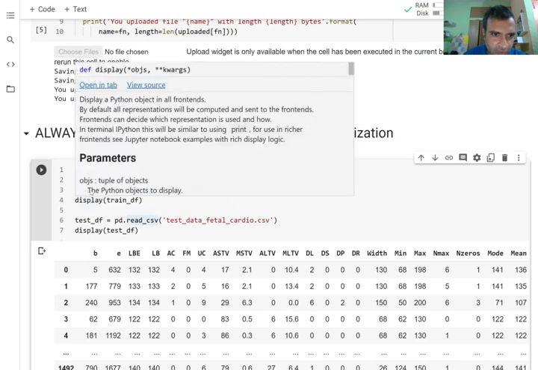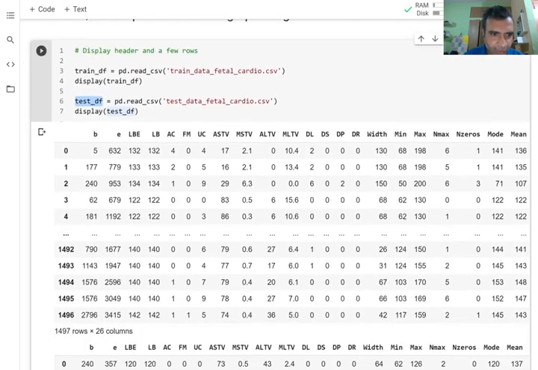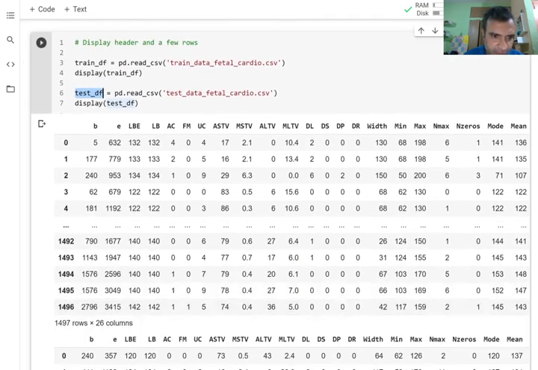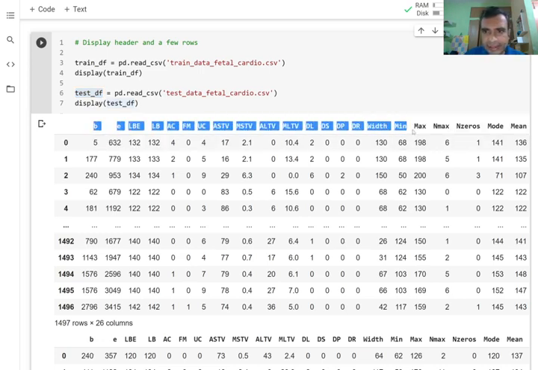Okay, so now the training data has been read into this data frame train_df, and testing has been read here. Now I want to display them. What I see is that I have 1497 rows and 26 columns, and the names of the columns are BE, LBE, LB, AC, etc. These are different measurements of the fetus heart waveform, cardio waveform.